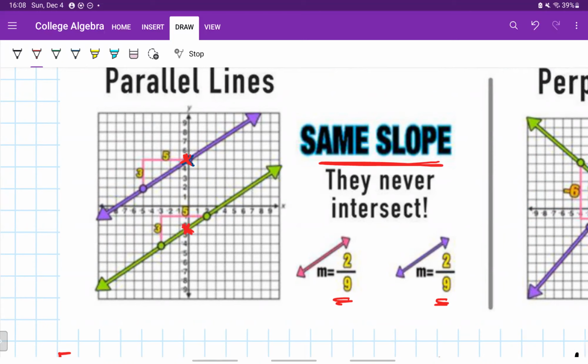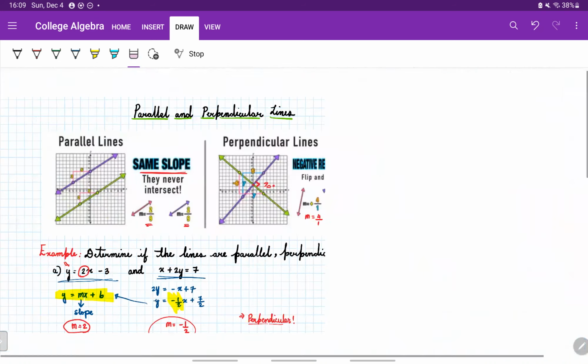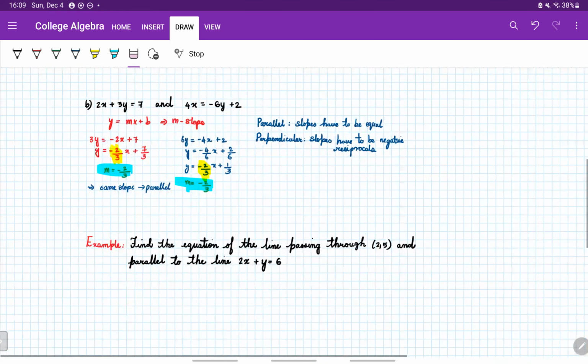But if you think of this as two lines having the same slope and the same y-intercept, that would mean that they are the same line. It could be one on top of each other, which are not parallel lines. It would just be the same line because they're meeting at an infinite number of points, and parallel lines never meet. So that is one thing to be very careful about, because sometimes you could have problems that would, for